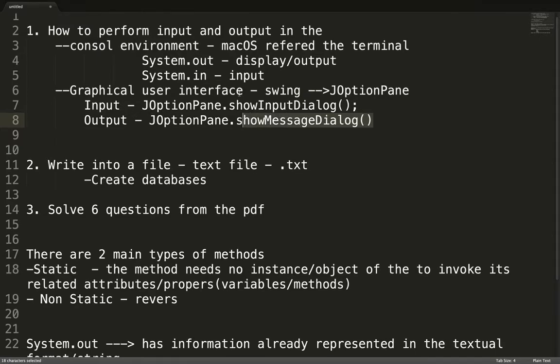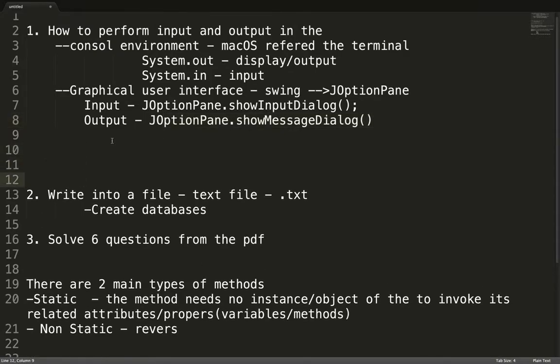So as against the console level where we use System.out for display or output and System.in to receive input, in the graphical user interface we will be using OptionPane.showInputDialog for input, and then we will use OptionPane.showMessageDialog for output. Now quickly, what I need us to understand is that in the